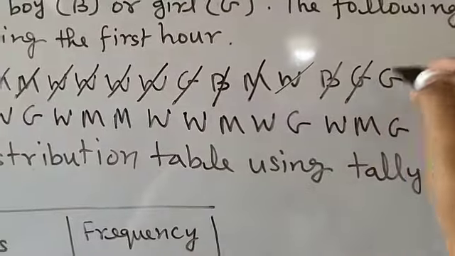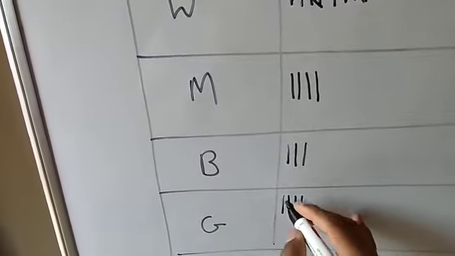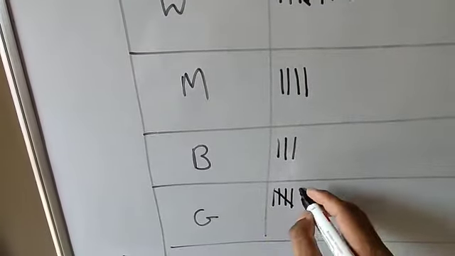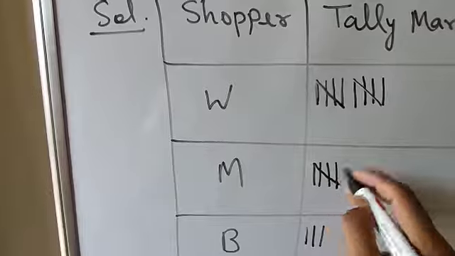Now 2G are there, so cut the 2G, and here in the G section it is already 4, so for the 5th this one, and next that is the 2nd. Now M, so cut the M here, and here you will represent the M. Here already 4 is there, so for the 5th you will cut it.